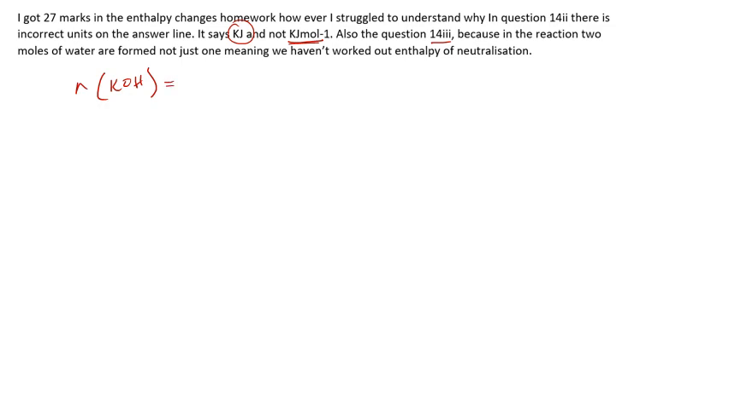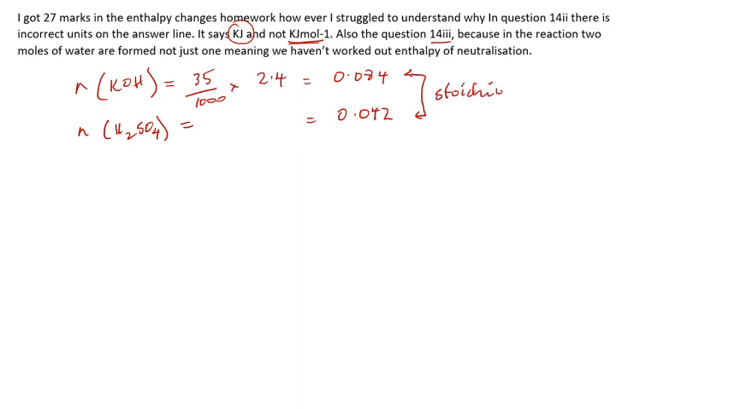So the moles of potassium hydroxide would be your volume times your concentration, and that came out to be 0.084. Right, and you know, if you'd done it with your sulfuric acid, you would have got 0.042 moles. So let's just write that in for completeness. So if you'd done that with sulfuric acid, you would have got 0.042, right? But because of the molar ratios in the balanced equation, these are stoichiometric,